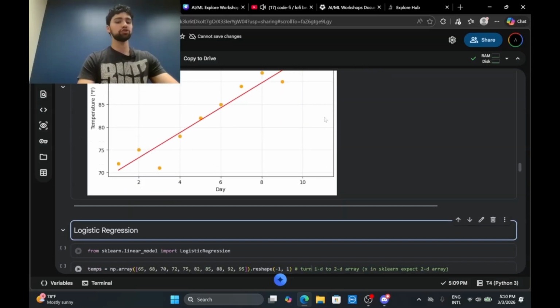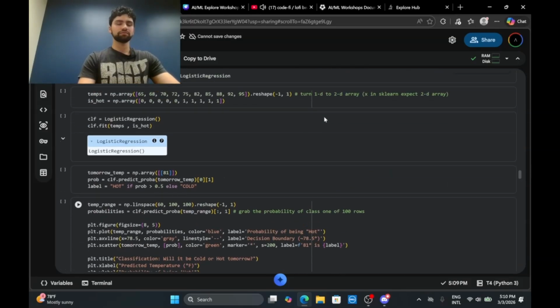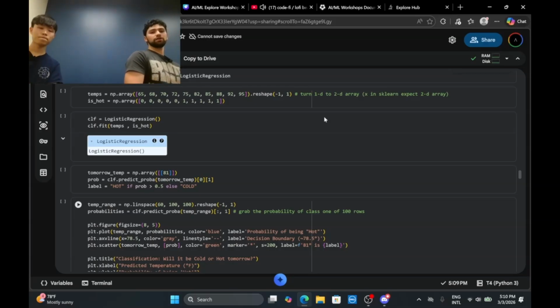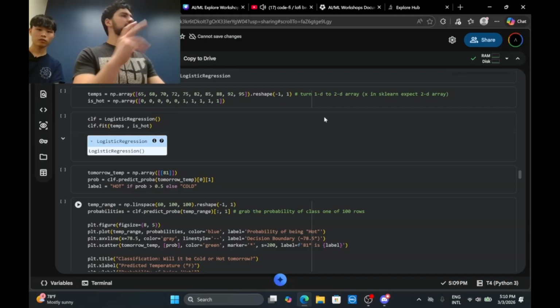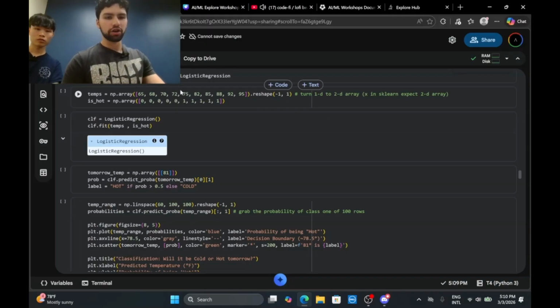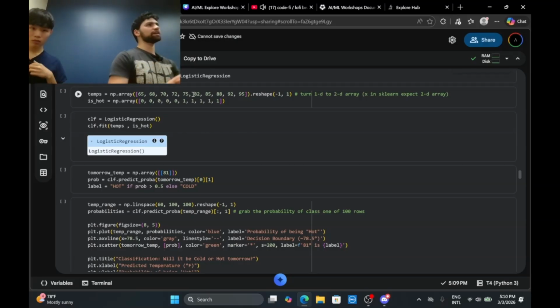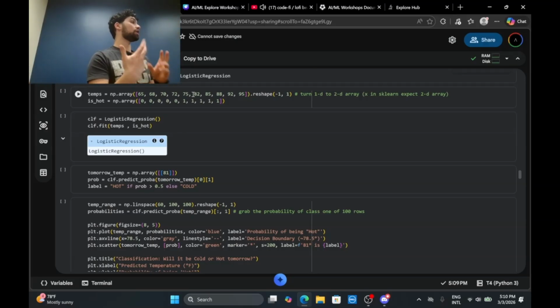Another thing you can do with machine learning is classification. Instead of predicting the numerical value of the next day, we can give something a class. Let's say anything under 80 would be considered a cold day, and anything over 80 a hot day.